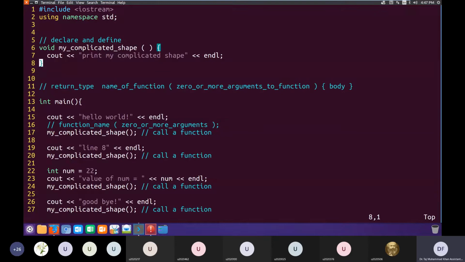Calling a function makes the execution flow of the program jump to the body of the function. Here the body is between line 6 and 8. So it will execute the body of the function in a normal fashion, linearly, and whenever it finishes executing the body, it will jump back to where it came from.